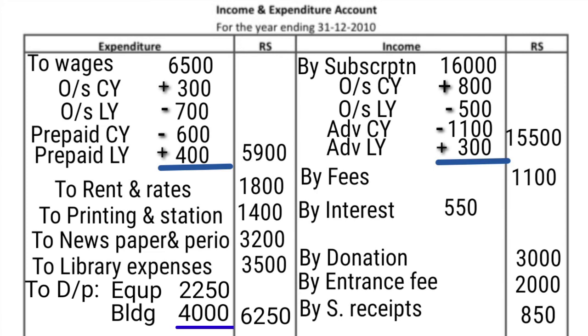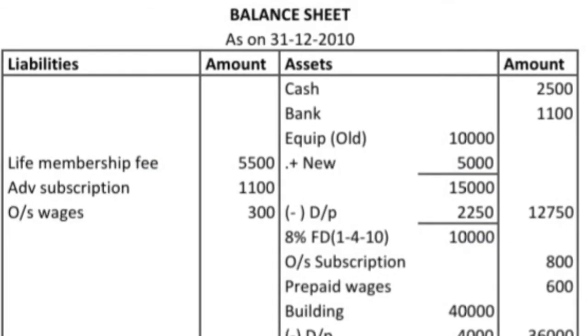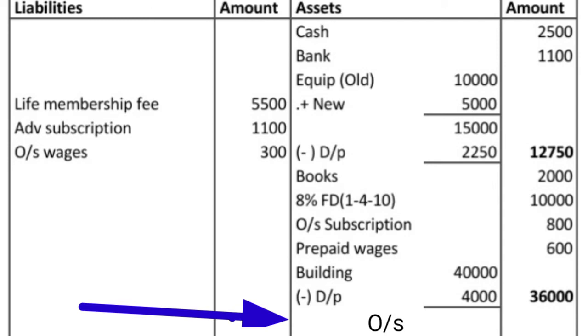So we need to add this 50 rupees. Okay, here we can write: add outstanding at the current year rupees 50 and total amount is 600. Is it okay? This 50 rupees is outstanding income of the current year. We know outstanding income is an asset. So we need to show this 50 rupees in the balance sheet asset side. In the asset side of the current year balance sheet, we can write outstanding interest 50.